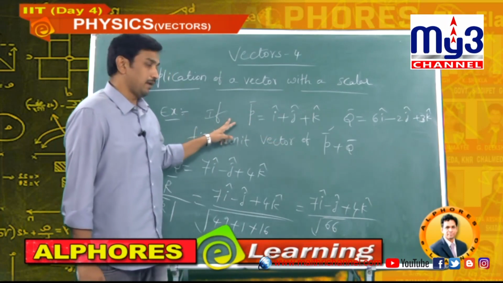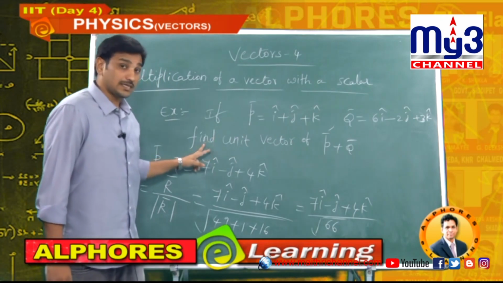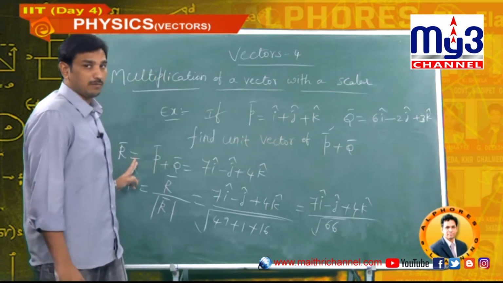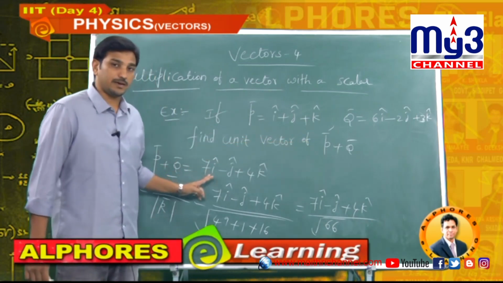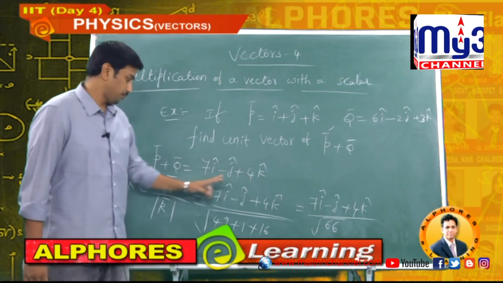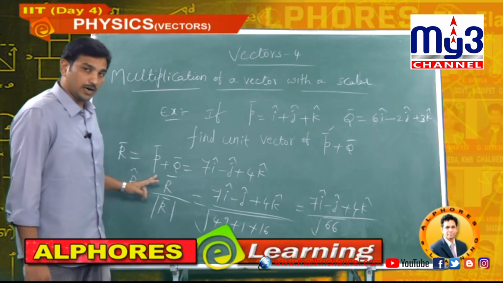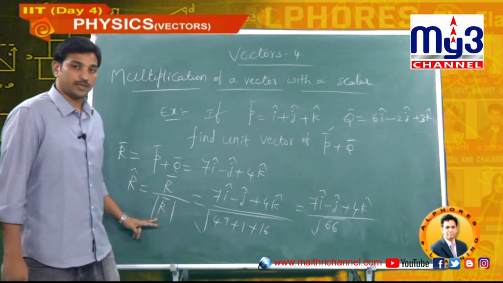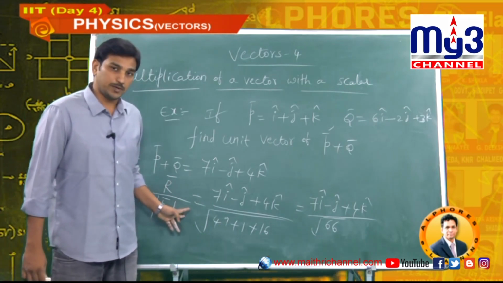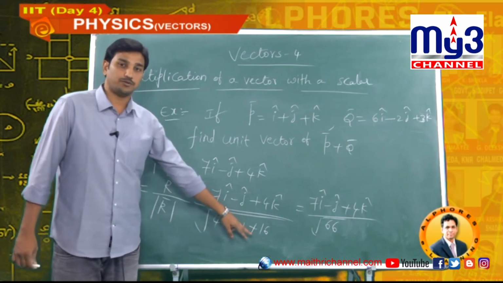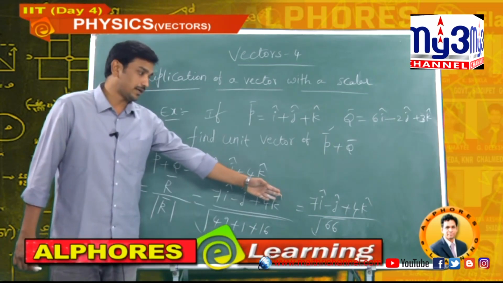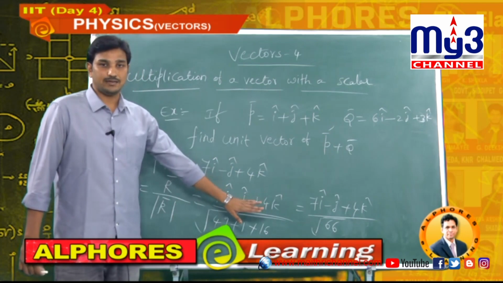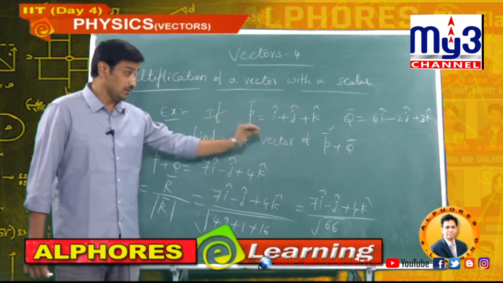So here, what did we do? p bar and q bar are given in the question. They are asking us to calculate the unit vector of p bar plus q bar. p bar plus q bar we have taken as a vector r bar. Now r bar is 7i minus j plus 4k. What is the unit vector of r bar? r bar by mod r bar. r bar I directly wrote here. How to find the magnitude of a vector? Under root of i cap coefficient whole square plus j cap coefficient whole square plus k cap coefficient whole square. The final answer is 7 i cap minus j cap plus 4 k cap by under root 66. In this way, we should calculate some of the questions depending on vector addition.